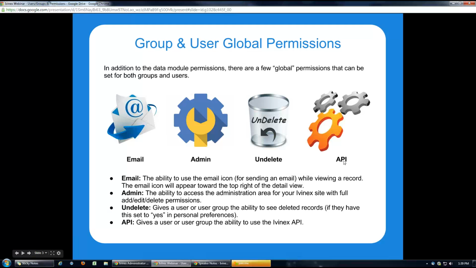The API is a global permission as well. What that means is normally what people will do to use the Ivinex API is you will create a user account. Maybe you could call it API if you want to. It can be called whatever you like. But you use this API user account and you give it the API permissions as a global permission, and then